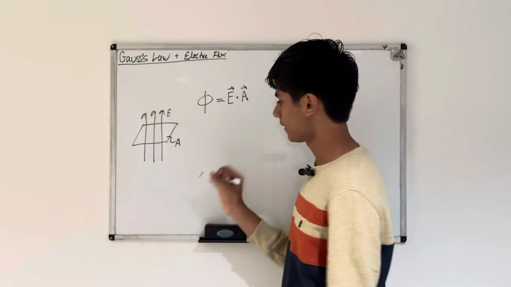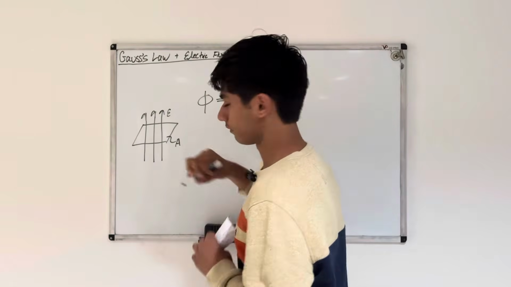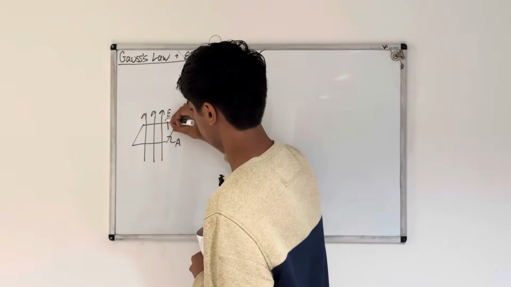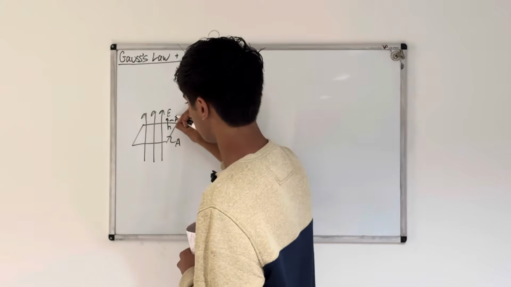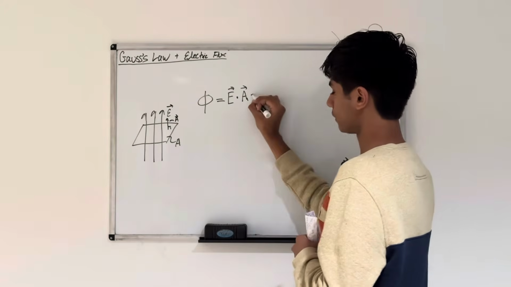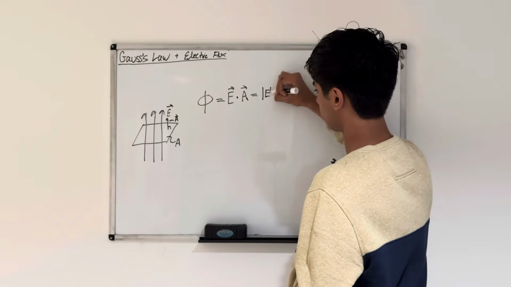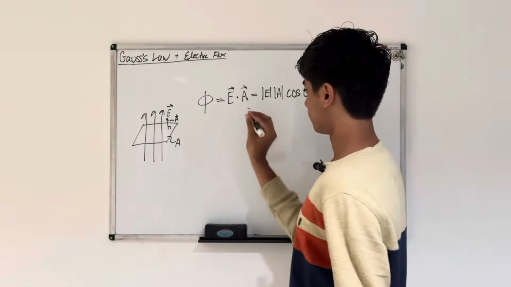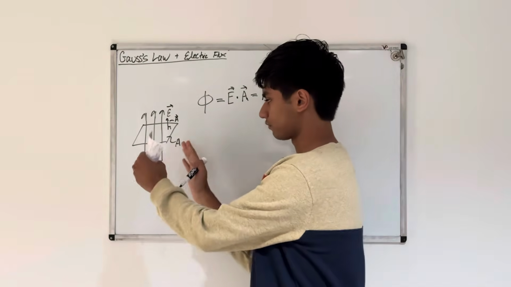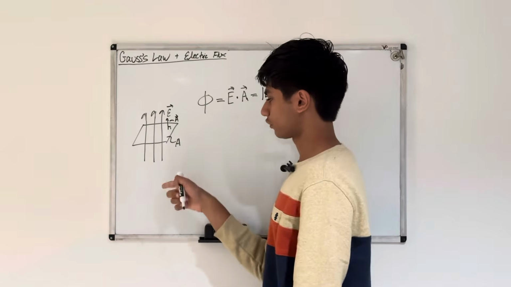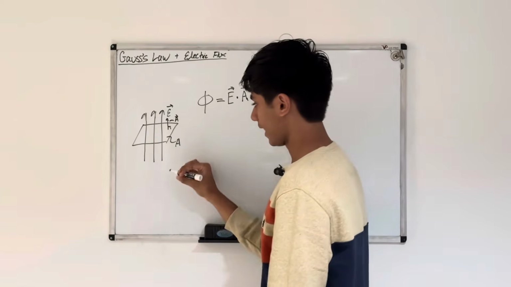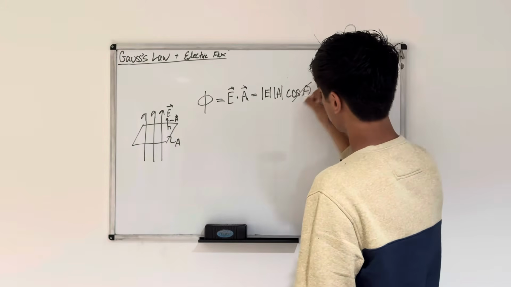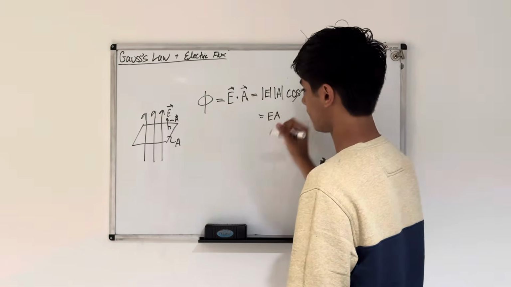Visually, this should make some sense, right? With a plane, the area vector is defined as the vector perpendicular to the plane. So this vector here is going to be our A vector, and this vector here is going to be our E vector. The dot product is equal to the magnitude of E times the magnitude of A times the cosine theta, where theta is the angle between the two vectors. When we have a plane that's completely perpendicular to the electric field, the vector A and vector E are parallel. Because they're parallel, the cosine of theta equals 1, and therefore the flux equals EA, which makes sense because